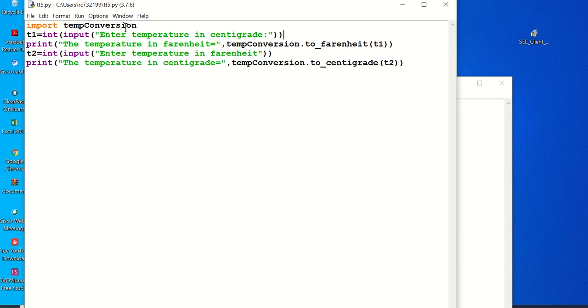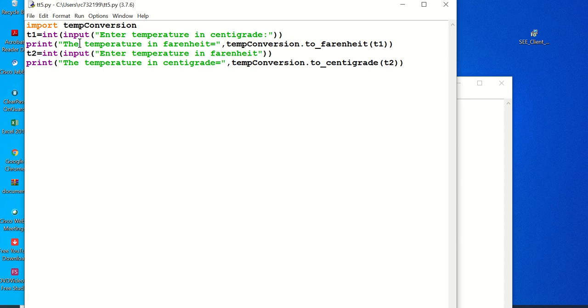I am going to use that function. So T1 is equal to int of input of enter temperature in centigrade. Whatever temperature you are reading, you are storing it in a variable T1, and I want to convert that into Fahrenheit. So I want to print the temperature in Fahrenheit, so I am writing it in a print statement.